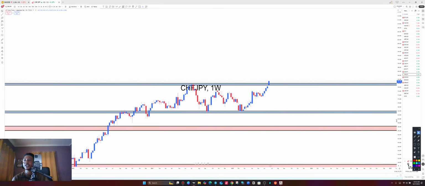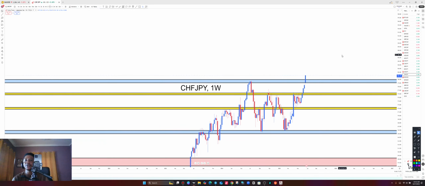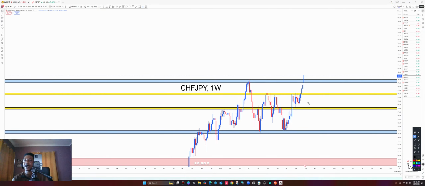This is also the weekly time frame of Chef JPY. What is happening on the weekly? On the weekly, we have the weekly upper and then the weekly lower. Price has also broken above the weekly levels. You saw a higher high here, a higher low, a push to the upside. No higher low was seen over here because the buy pressure was too strong. It has broken above this resistance level, completely moving all the way to the upside. So let's find entries to the upside above this resistance level.